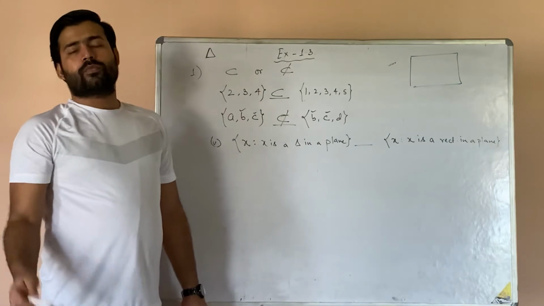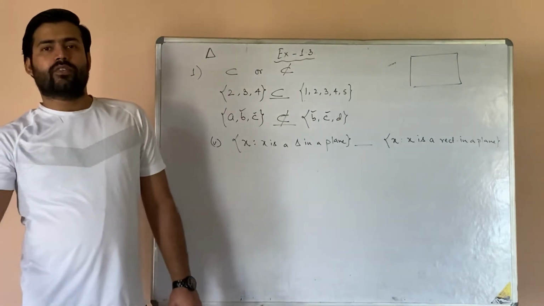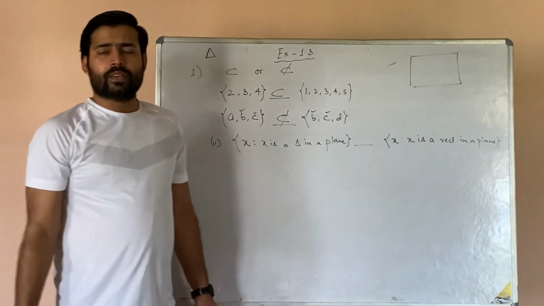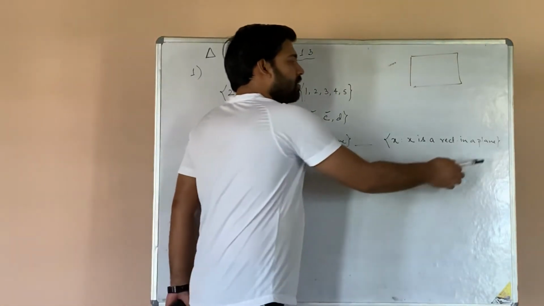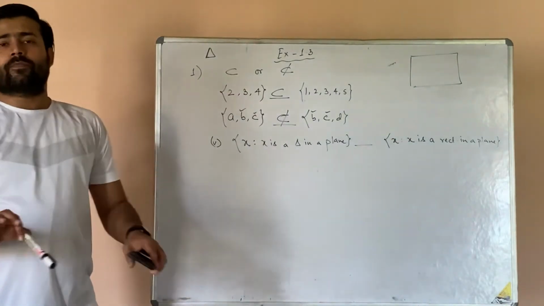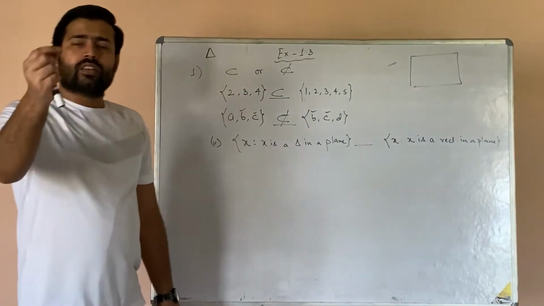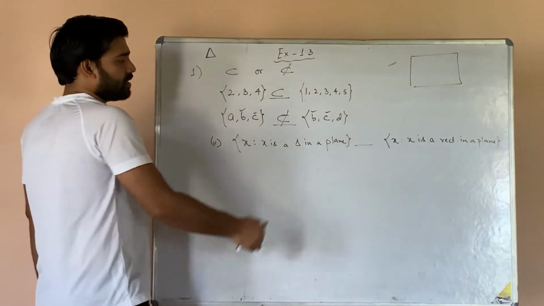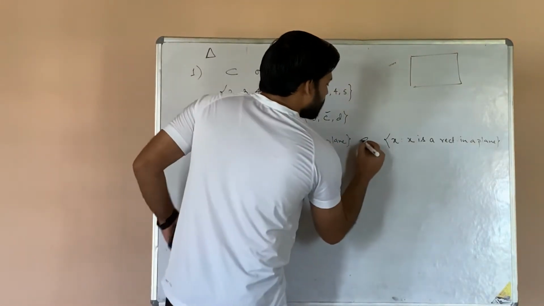It can be in the form of a circle, it can be in the form of a square, it can be some irregular shape. Any kind of shape it may have. So based on that, you cannot say that the rectangle would be occupying the whole plane in total, that means not a single part will be left behind. So we cannot predict like that. So based on that, you can say this is not a subset.